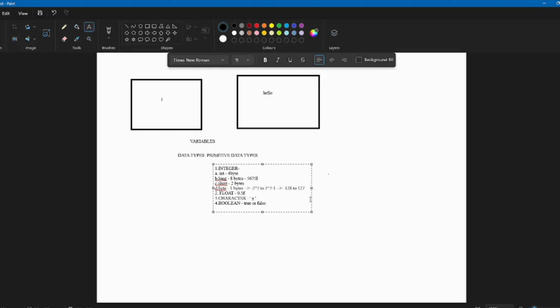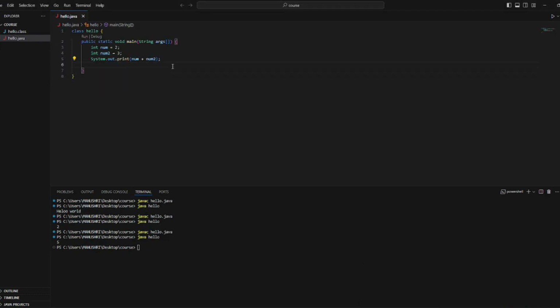Okay. Now let's implement this in our program. Let's remove all these things. Let's start with the first data type, int. We give int num and store it as 2. Fine.